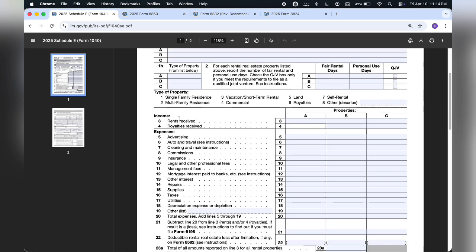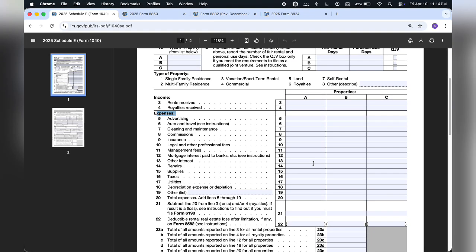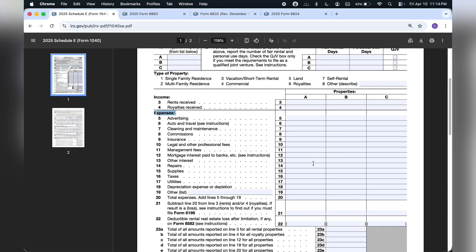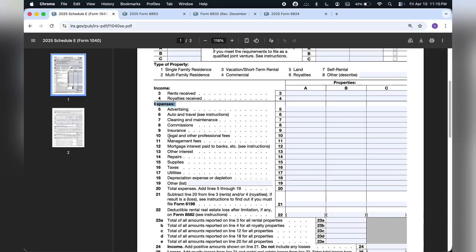Move down to the expenses section. This is where you list all costs related to your rental, like advertising, cleaning, maintenance, insurance, property management fees, mortgage interest, taxes, utilities, and repairs. Just enter each expense on the correct line. So once you've entered everything, you'll total your expenses and subtract them from your rental income to get your net